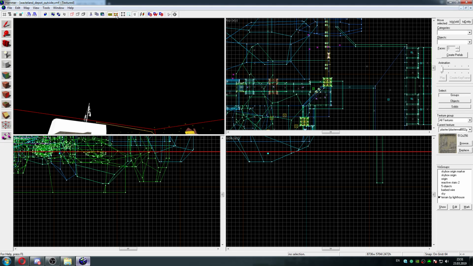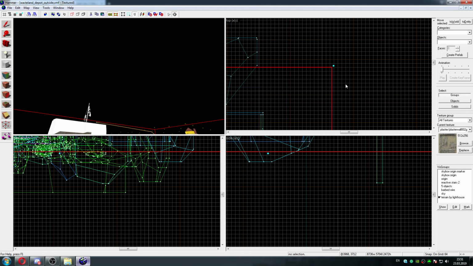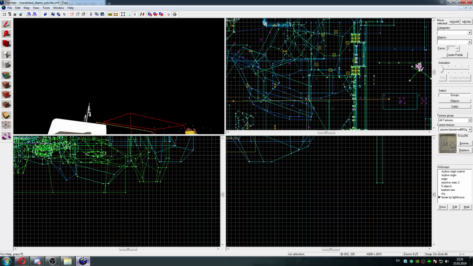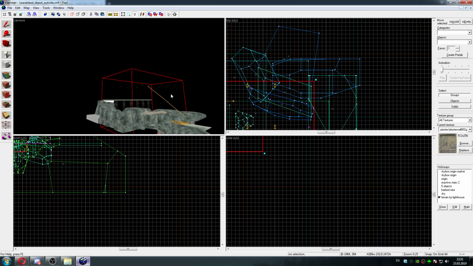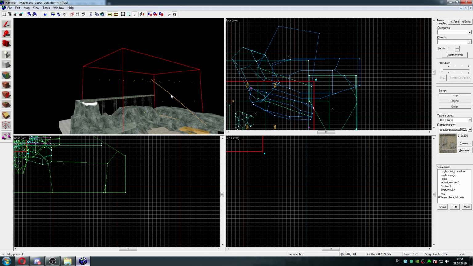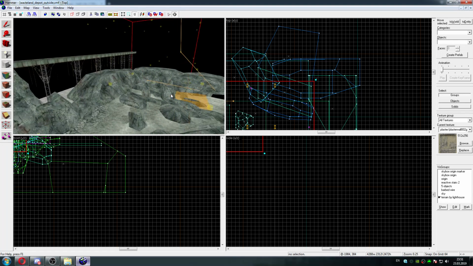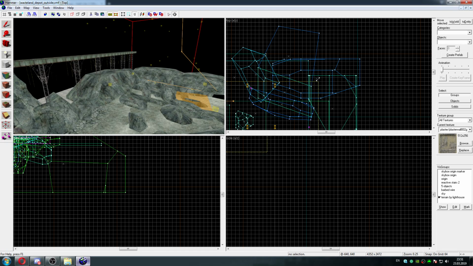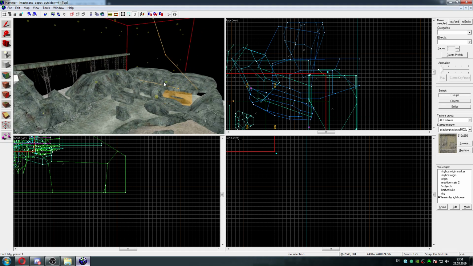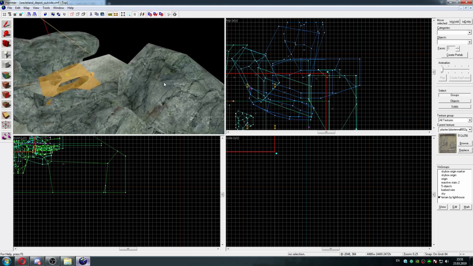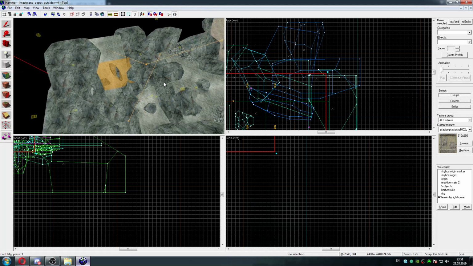You just need to press this button and you're able to move the borders. And for example, if you want to compile and check in game only this area here, you need to move the cordon state somewhere here, and it will only reveal this area. And when you compile the map,